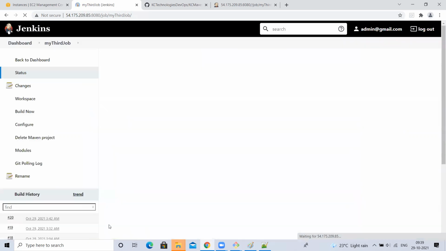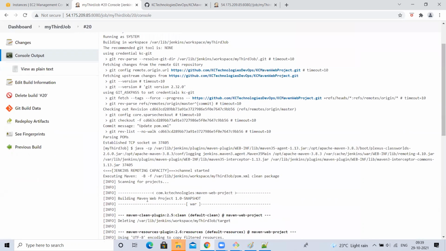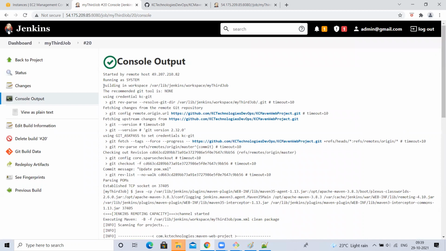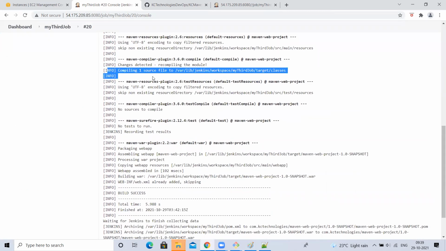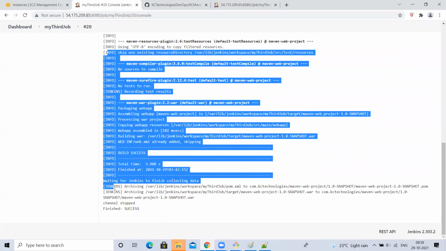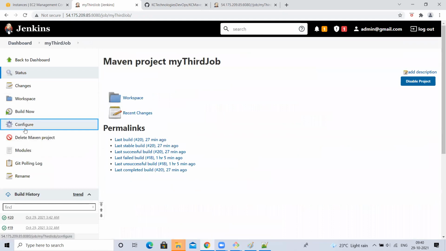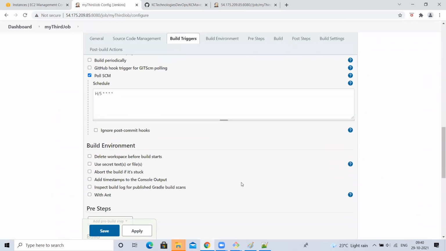Now, when I go to the console output here, it is printing everything, but do you know at what time the job was triggered? At what time the Maven build was executed? At what time it tried to deploy into Tomcat? Or else if it failed, at what time it threw the error message? Do you have timings here? No, I don't have timing, but I want the timing. For each and every message printed in the console, I want to know the timing.